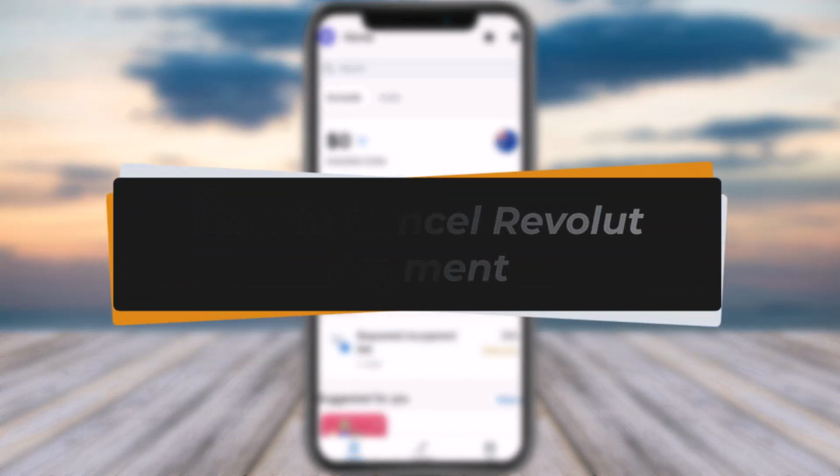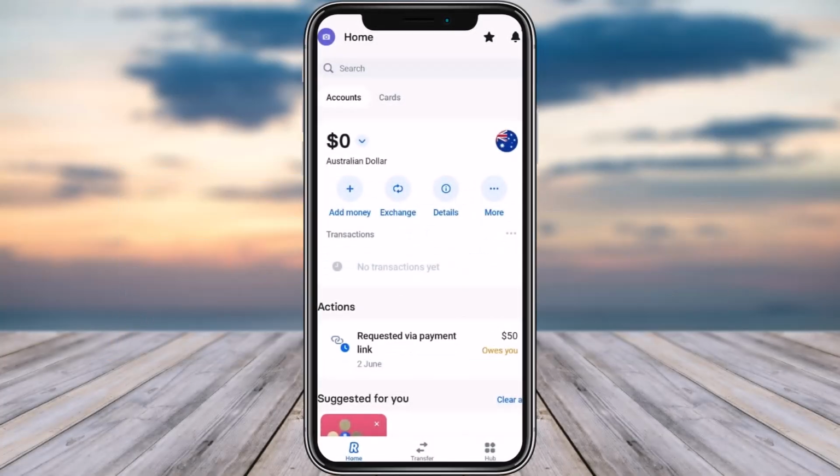In this video I'll show you how you can cancel a Revolut payment, but before that please do make sure